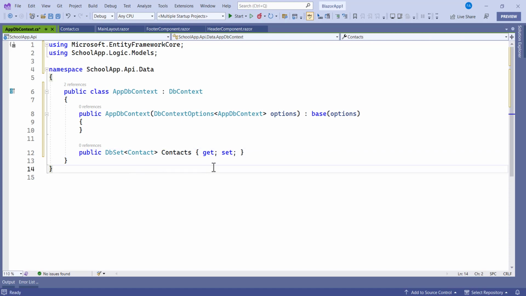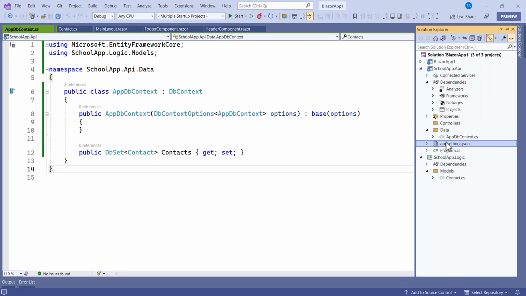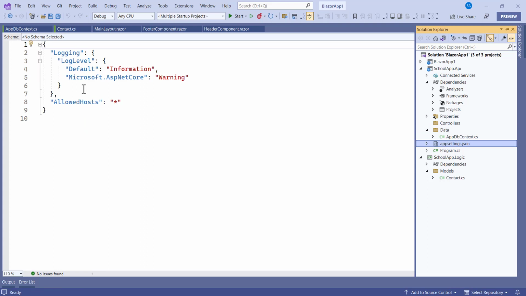So that is contact. If the user sends something, that's where you're going to go, contact. You can save that. Now what you have to do again, let's go to the appsettings.json file here, and